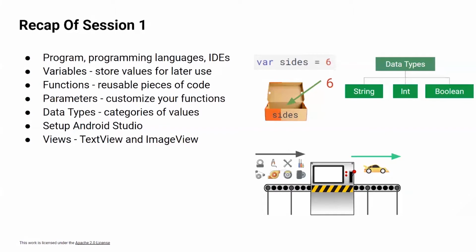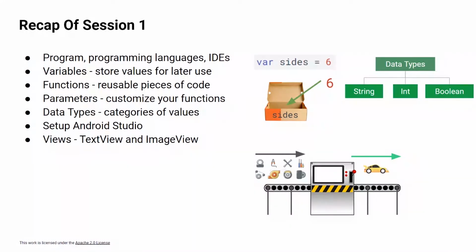For example, if you want to use an integer number, there's a data type called int. And if you want to use any word, like the name of a student or the name of a food item, you'd use something called string. And there's a special one called Boolean, which can only take two values, true or false. And we'll see how this is used later on in this session.